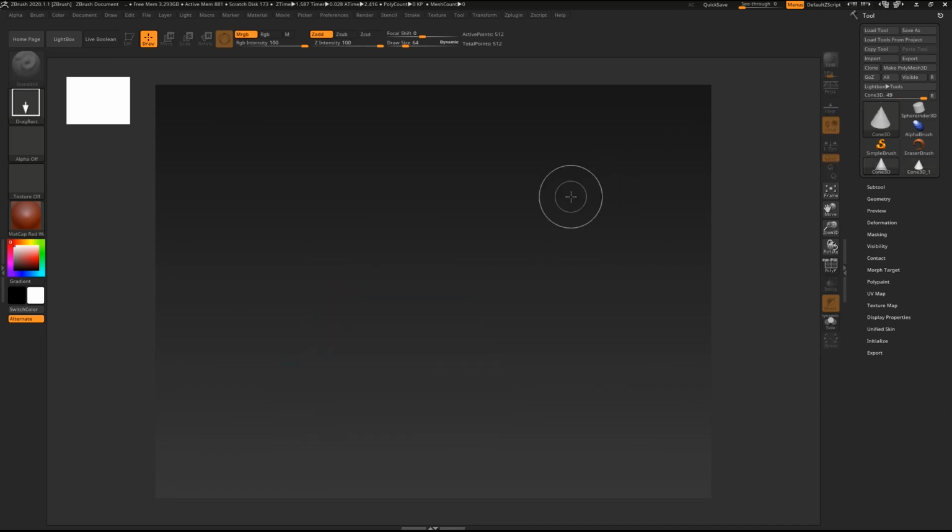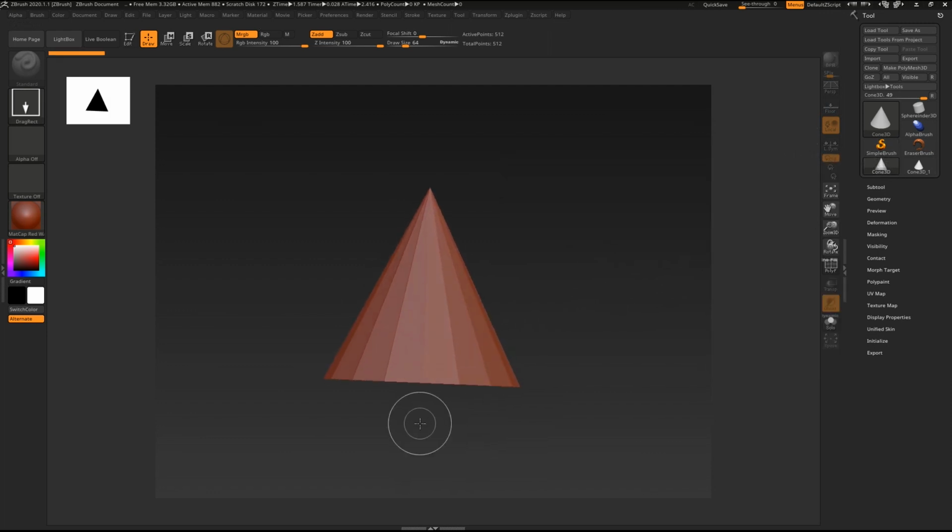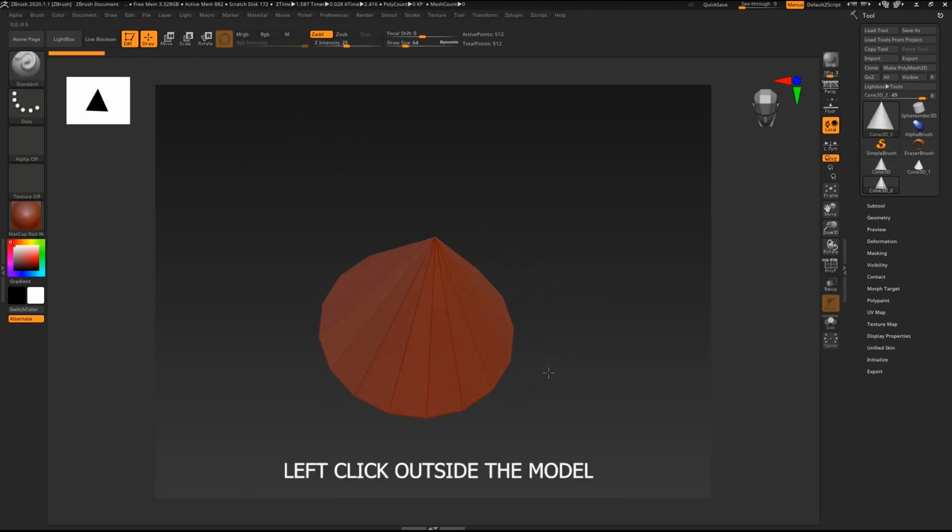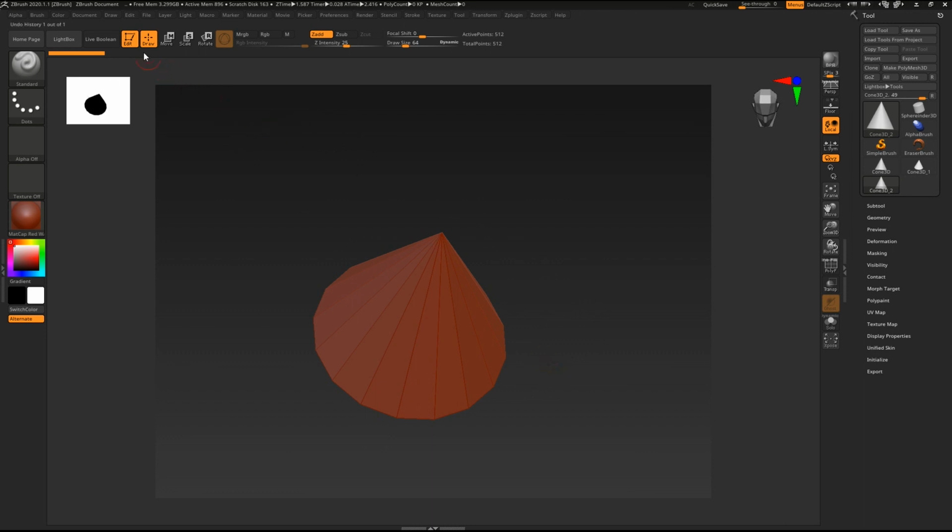So clearing my screen with Ctrl N and taking a cone and dragging it in my canvas. It does not have to be straight, it is always going to drop on the grid properly. So right now we are not in 3D mode. So going on to edit mode to go into 3D mode. So now you are able to rotate around the object. The shortcut for the edit button is T. You can see the shortcut just below the button.